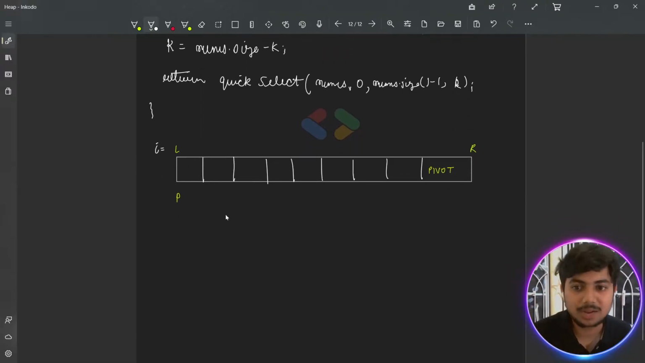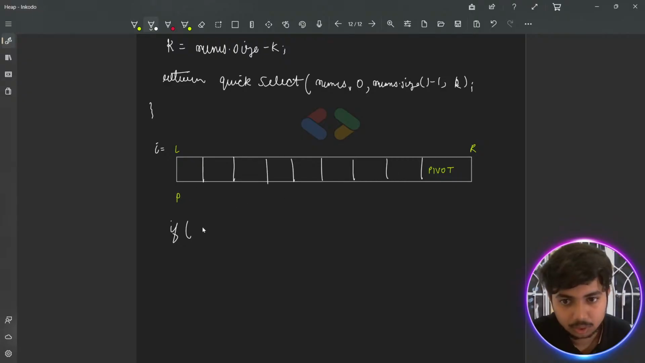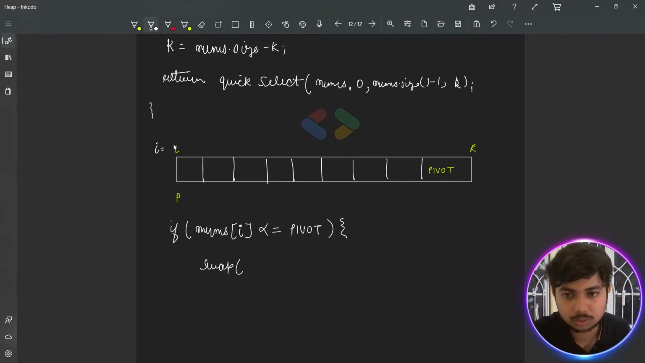ठीक है, and what we've got to do, we need to see if, let me write this, if nums at that particular i is less than or equal to pivot. ठीक है, तभी क्या करो, you are going to swap nums of L with nums of P. ठीक है,